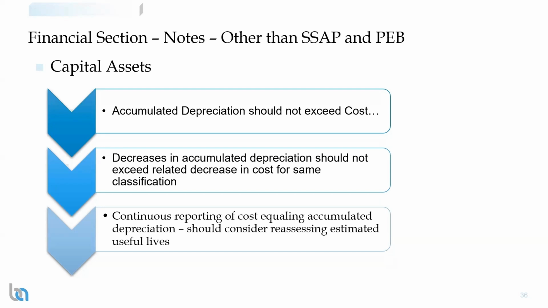All right. And then also just a pointer here, if you have a lot of assets that are fully depreciated and you're still planning to use them for long periods, you may want to consider reevaluating the estimated values of useful life of your capital assets. It's an estimate, something that you can reassess every year, so it's not necessarily set in stone. If you find that you're using your vehicles for 10 years and not 5 years because of budget constraints or something that's changed, you want to change how you account for that.